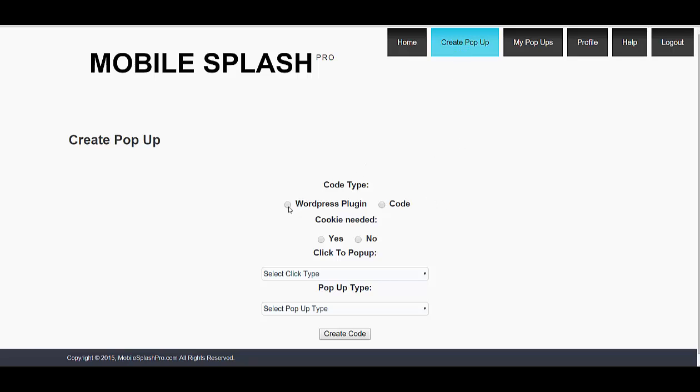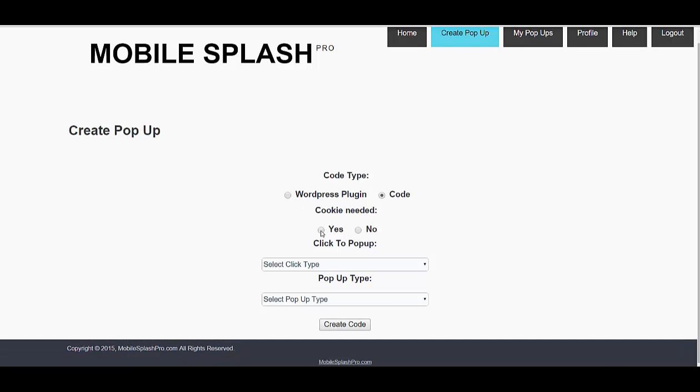Now you'll see here you can either create a WordPress plugin. That would be if you're going to use it on a WordPress site. And if you're not going to use it on a WordPress site, for any other web page, you would just simply click the code button, and that will create the code for you to put on that web page. Option here is whether you want it cookied or not, so whether it appears every time the user goes to the page or not. So in this case we will say yes,